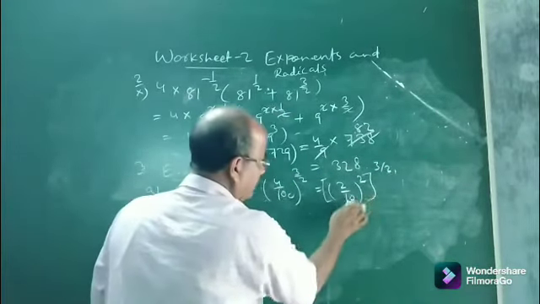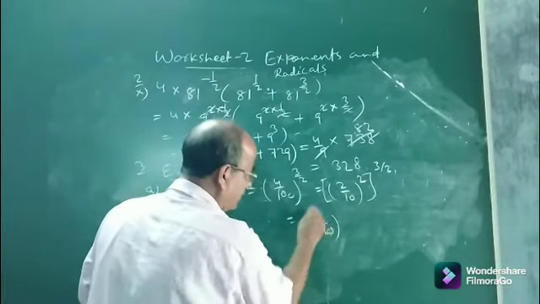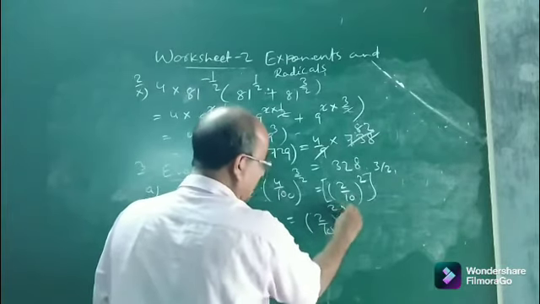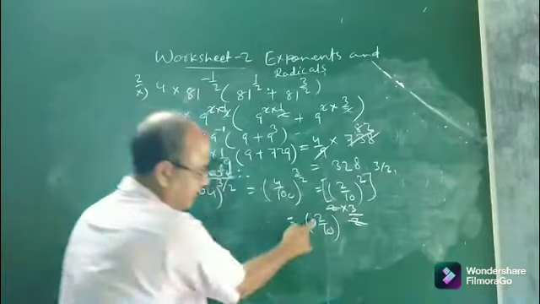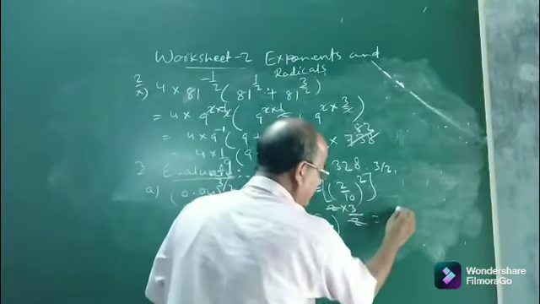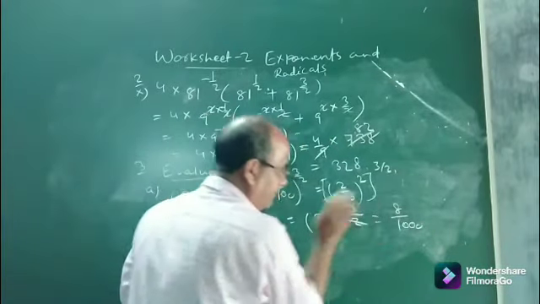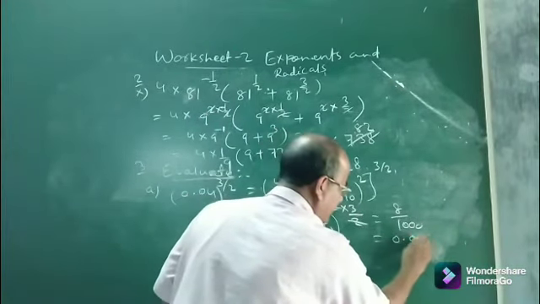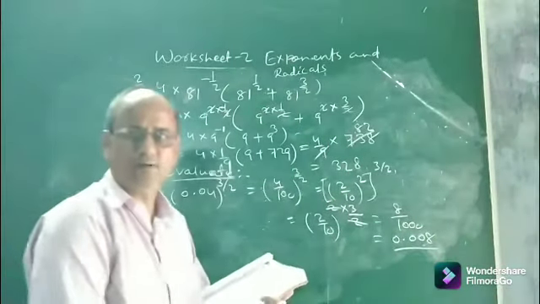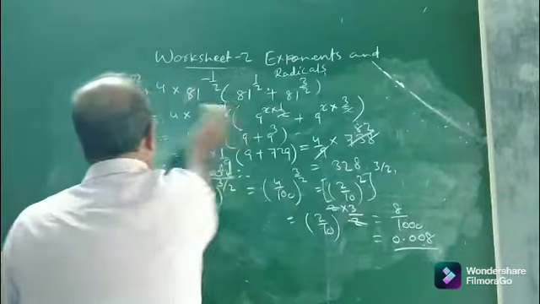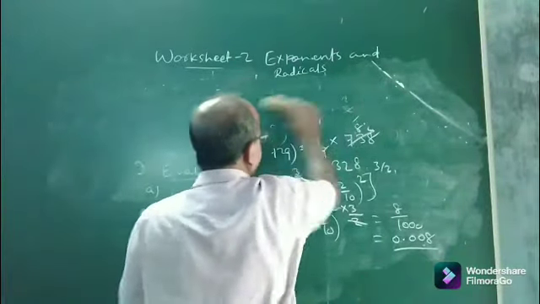Okay. Now I omit this bracket, so 2 and 3 by 2 will be multiplied. So it is 2 by 10 whole to the power 2 into 3 by 2. Now 2 cancel. So it is 2 by 10 whole cube. That means it is 8 by 1000. You see, 2 by 10 whole cube is 8 by 1000, and 8 by 1000 will be 0.008. So this will be the value. Now let me discuss more questions of this number, that is number 3.